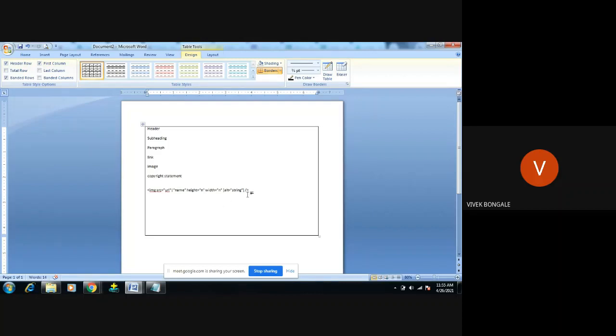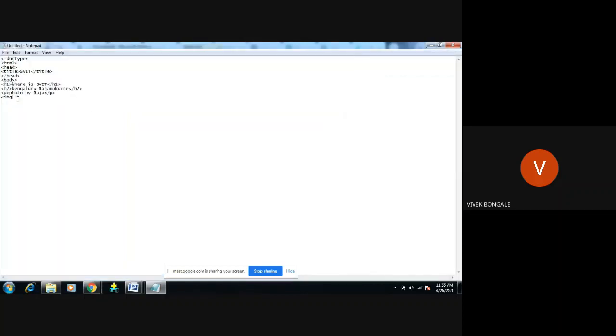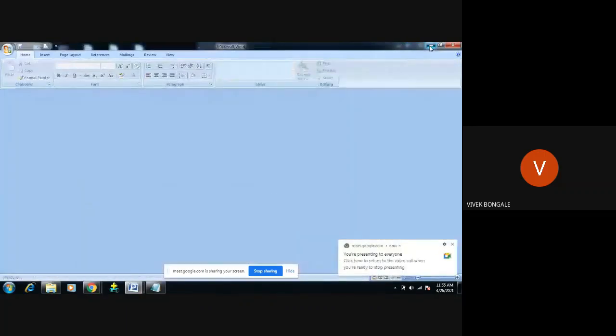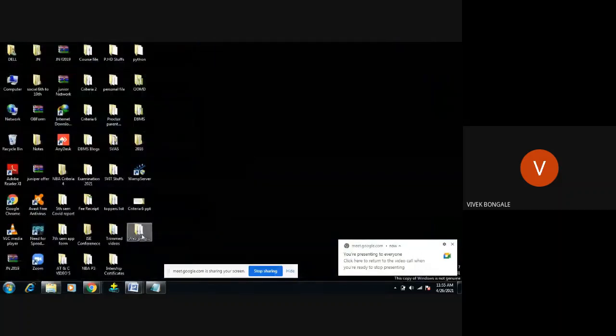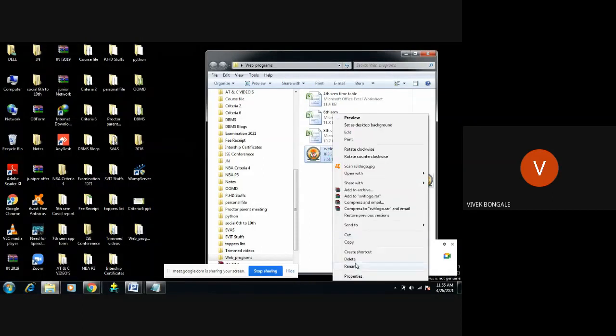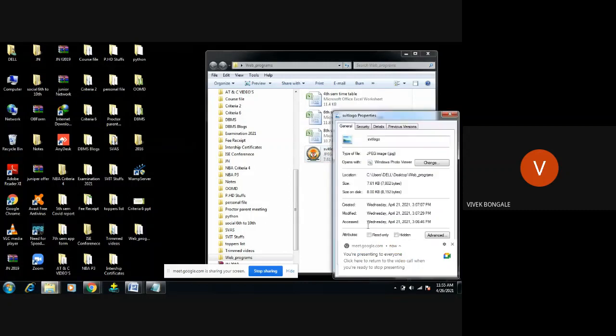The same example we'll see here. I'm going to write the image tag here. What's the syntax of the image here? Image source. The image is in the web program folder. I have one SVIT logo here. You just right click and see the properties. In the location you can see user, Dell, desktop, web program.